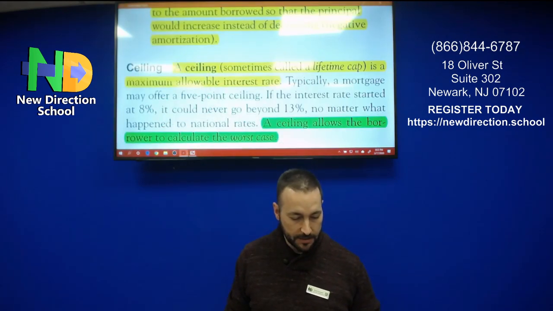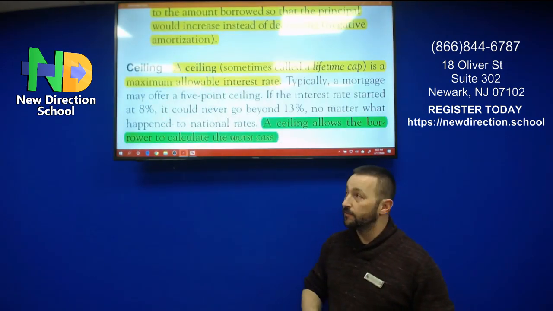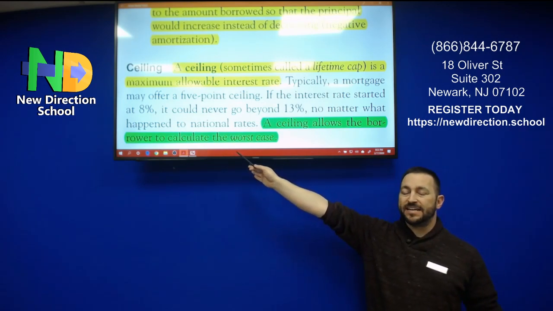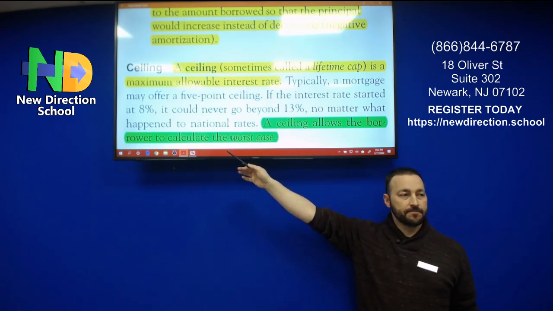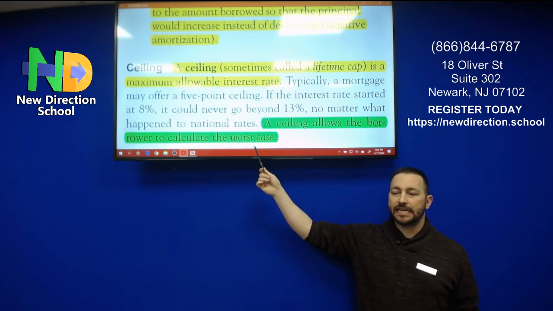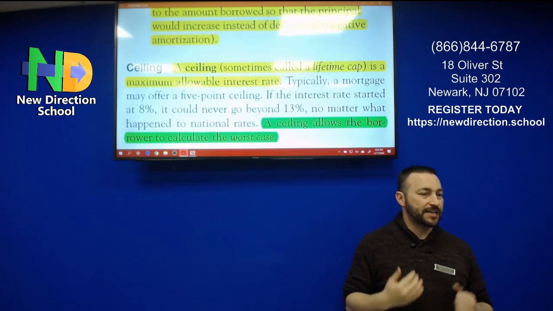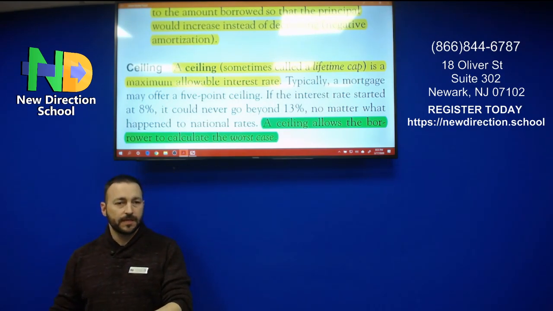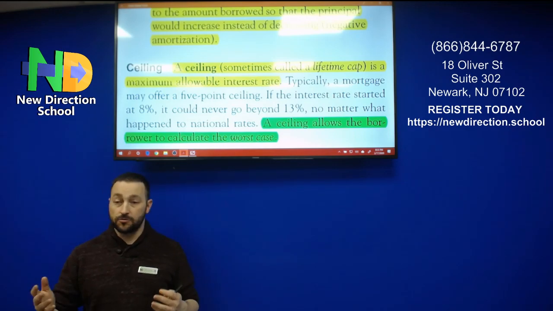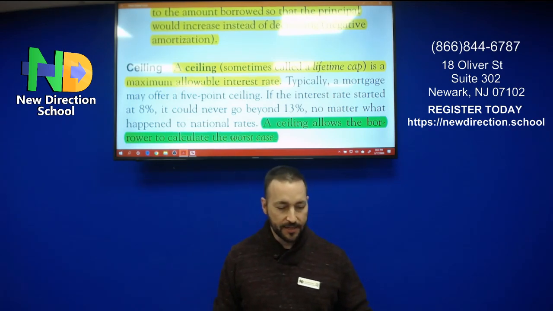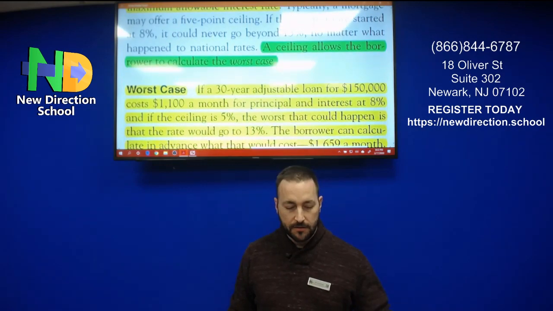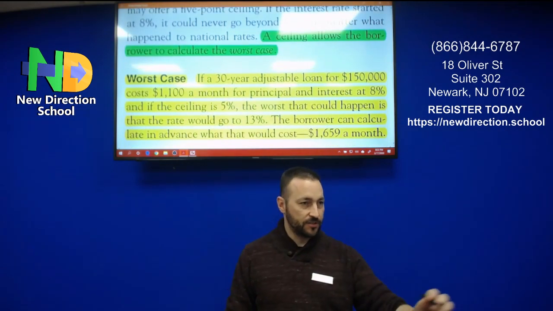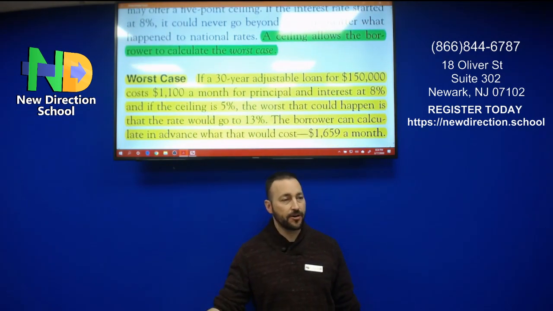Great. Because that's what the ceiling is for, right here. Because it can't go any further, it allows us to calculate the worst case scenario. That's the lifetime ceiling. We started at the floor. The lifetime ceiling says the worst that you're going to pay is 13%. Great. Because then it tells me up front. So you're asking if this is disclosed up front? Yeah, it tells me up front, Mr. or Mrs. Borrower,